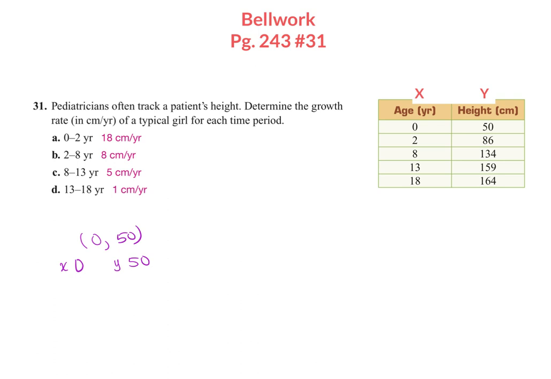So if I take my y value and I say, oh, they did it the same way we did it, good. If I say my y2, which was going to be here, 86, minus my y1, which is there, over the two x's that they gave me, my x2 minus my x1. And so that's what I'm going to do across the board. All right, and so you should get